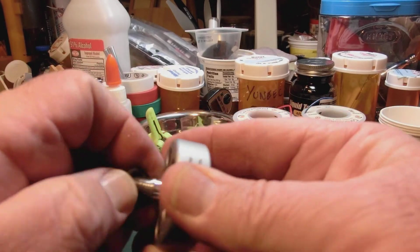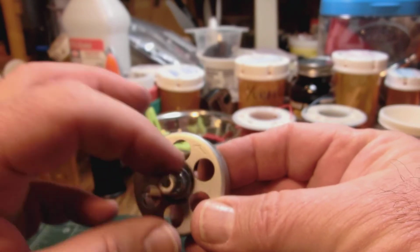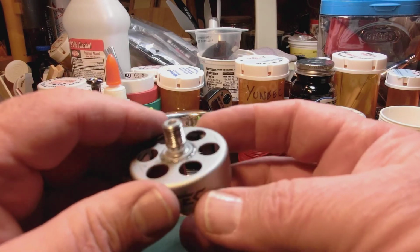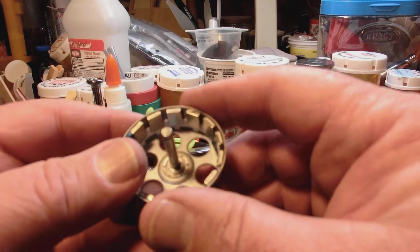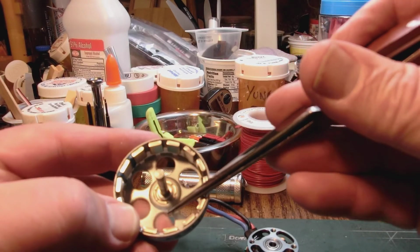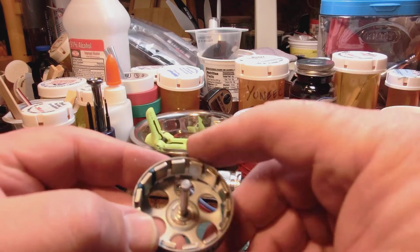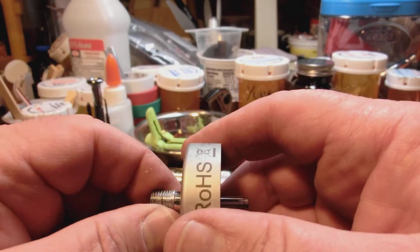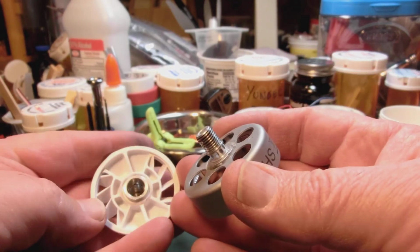For the next time the prop freezes on there, I mean, you can see I've even tried CA glue here, chemical Loctite inside. Looks like it needs to be more solidly fastened at this point here. Needs a better fastening method down here. Ryan Kephart suggested that possibly putting anti-seize on these threads might help in the future. So I'm going to be trying that. Anyway,